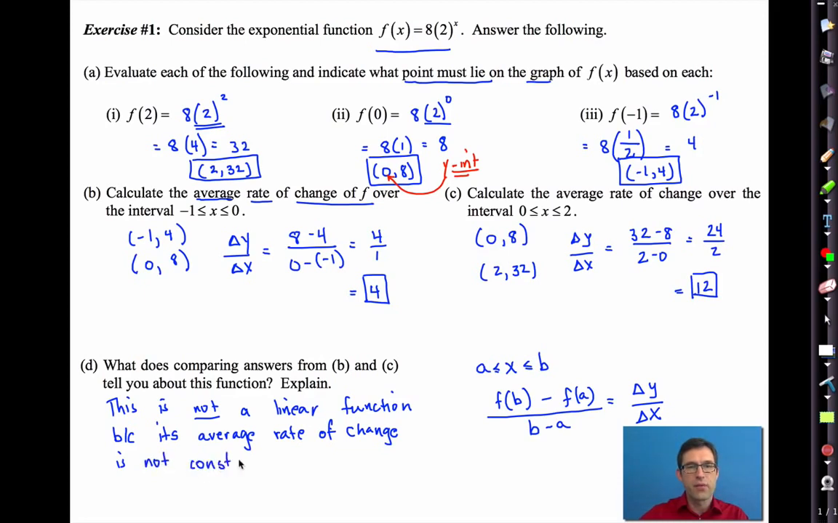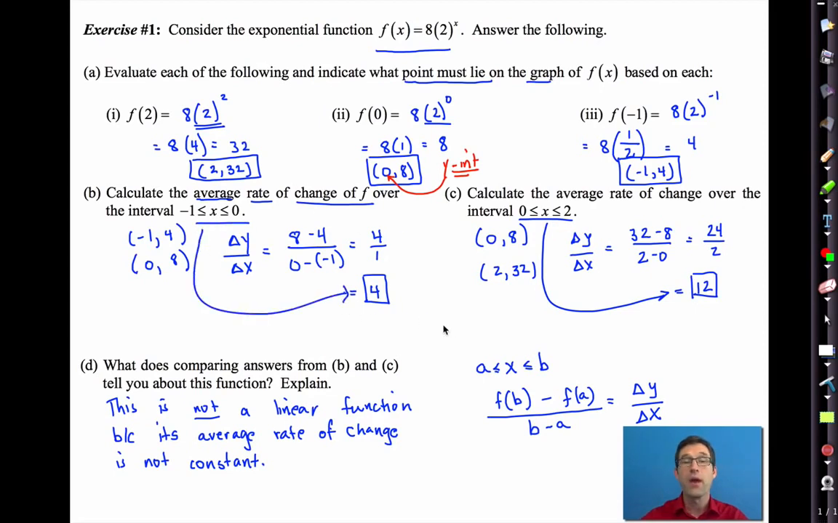constant, right? We've only really studied one type of function, which is linear. And what makes a linear function linear is that its average rate of change is always the same. And in fact, it's its slope, the m value, if you will. But here we see that our exponential function has a much larger average rate of change on the interval 0 to 2, right, an average rate of change of 12, as opposed to the interval from -1 to 0, where